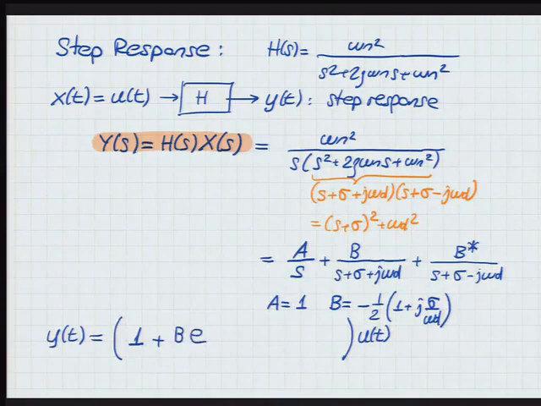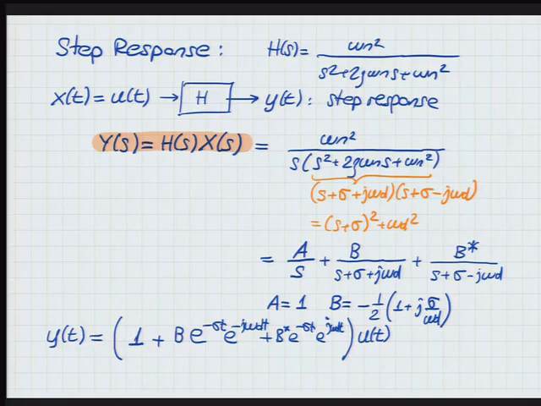Times e to the what? Minus sigma t and negative j omega d t, right? And now for B star, same thing, except I'll have e to the j omega d t without the minus sign. Okay, so some simplifications are clearly hiding here. I can